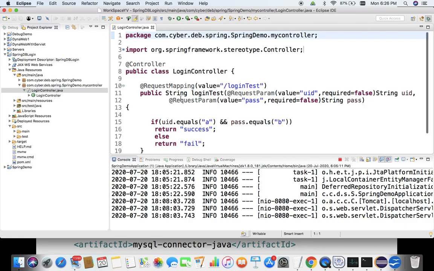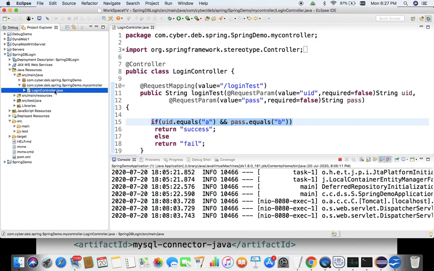This is the controller which has this static comparison. There is no database comparison available over here. Now we will go for the enhancement of adding the database into this Spring Boot application. So for that, as I said, we have to edit this pom.xml.